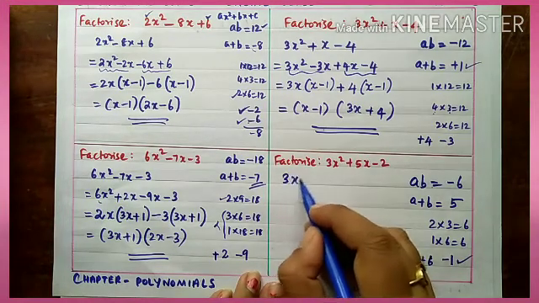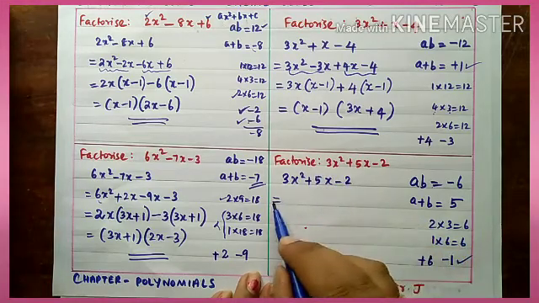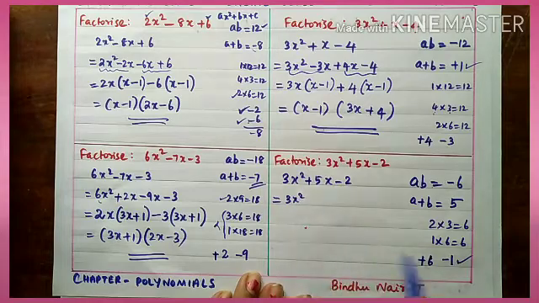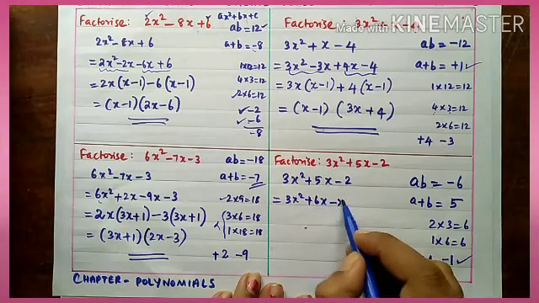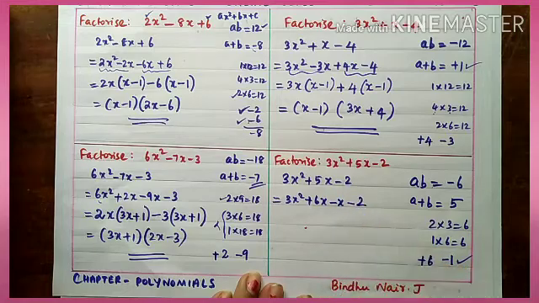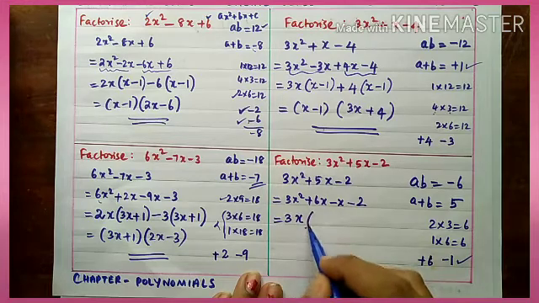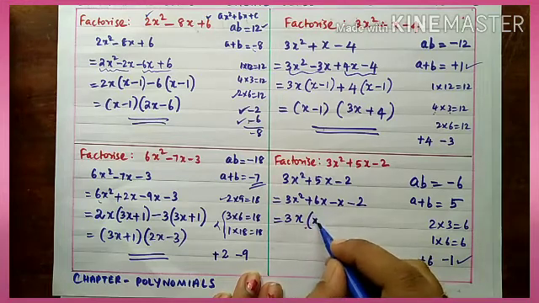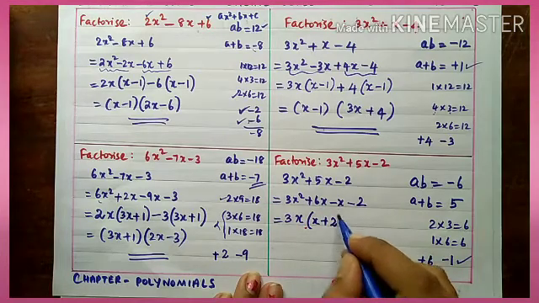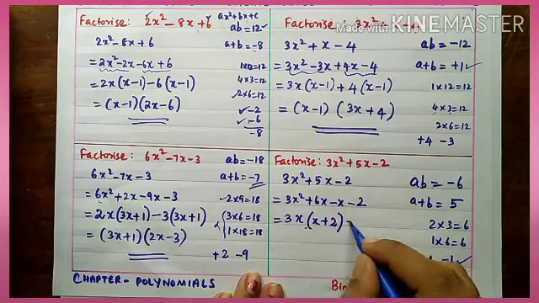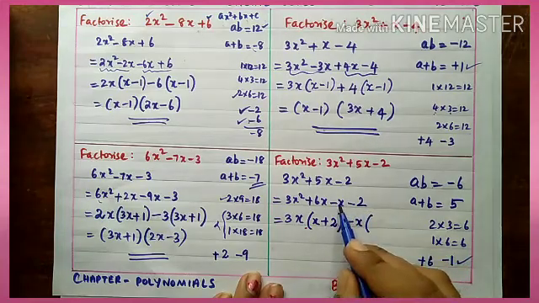So write the polynomial 3x square plus 5x minus 2, that is equal to 3x square plus 6x minus x, and the constant term minus 2. Now you can take from this 3 common, x also common, so that the balance is x, and here 3 2s are 6, so 2 is there, and here minus x is taken out, so that balance here minus x taken out.